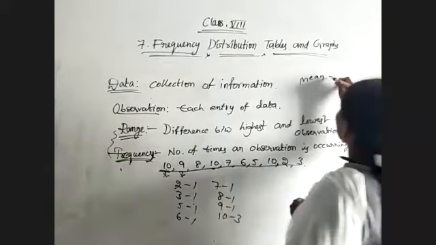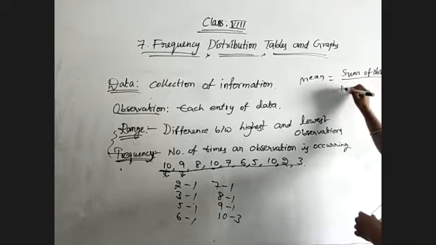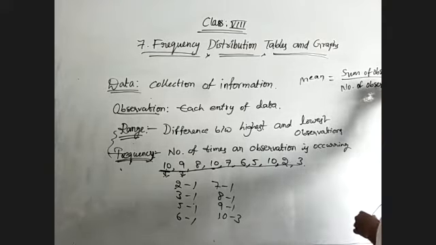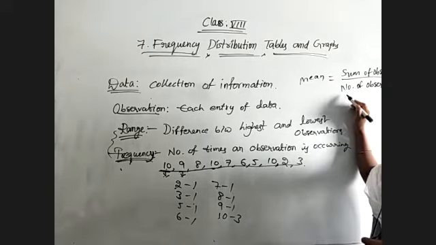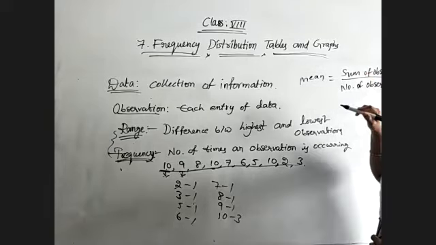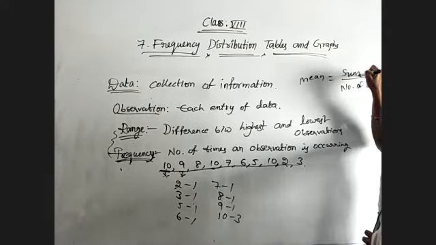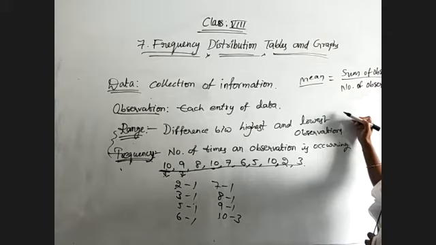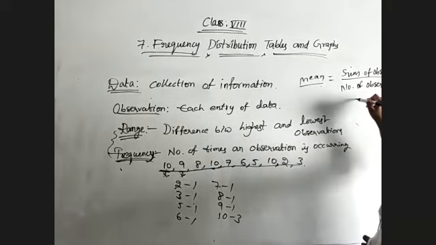for the mean, we need to take the sum of observations divided by the number of observations. Only numerical data we use to calculate the mean. It deals with the entire data. If any change happens in the value of an observation or in the number of observations, then we will get another mean. The mean depends on each observation as well as the number of observations.